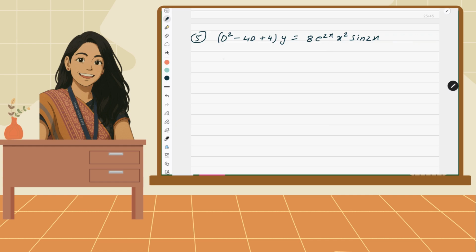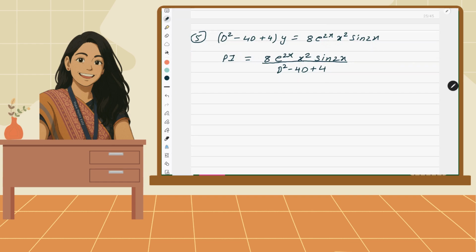Okay, let us start this. Again CF you can write down. It will be 2 comma 2, and CF will be C1 plus C2x e to the power 2x, because we can see that it is a minus b whole square formula. Right, let us start with PI. Now PI is equal to 8 e to the power 2x x square sin 2x. I usually keep the constant because otherwise sometimes I forget to write it at the end, and why lose the marks unnecessarily.